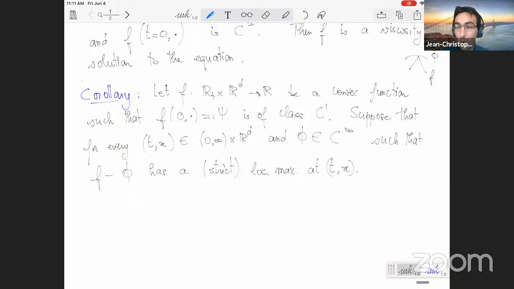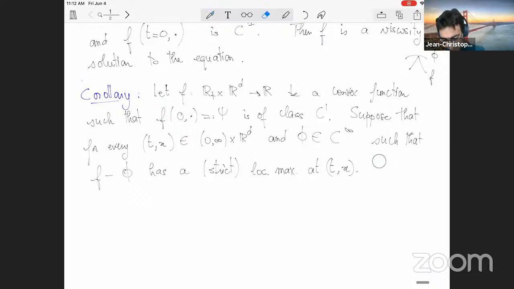I'm writing strict in parentheses because the statement where you write the strict or the statement where you don't write it, you can prove one from the other. It's kind of clear. So you can write it if you want. You can leave it aside if you want. Okay, so we touch from above. The assumption is that anytime we touch from above,